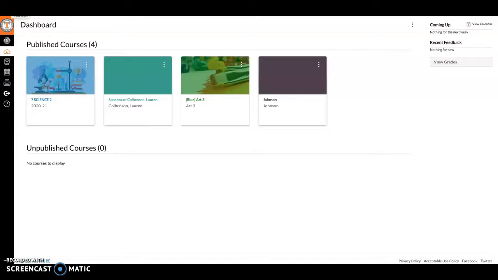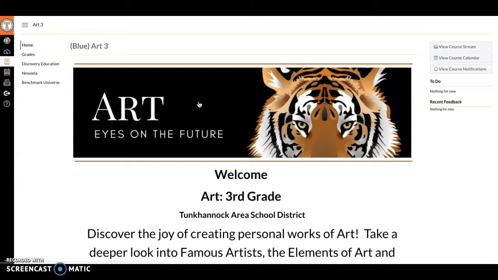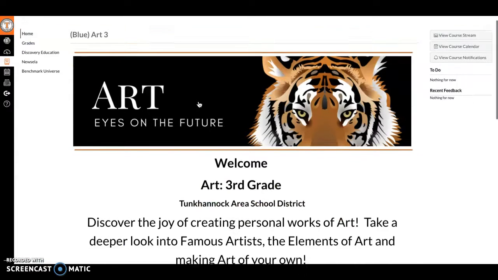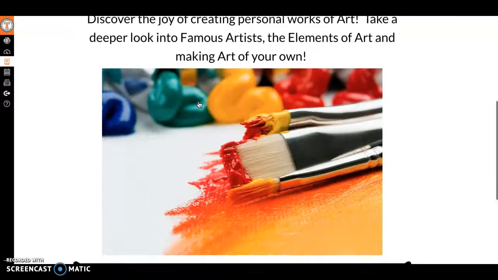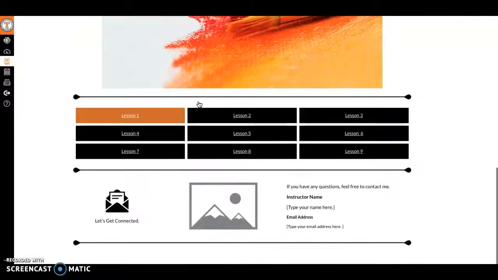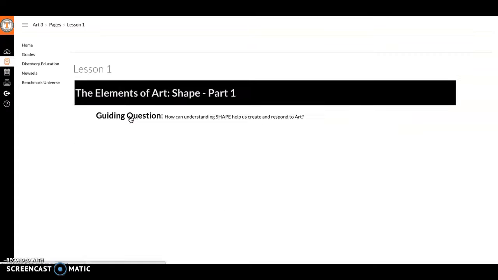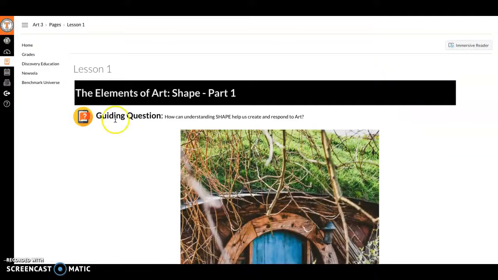Here is an example of a third grade art lesson. From my dashboard, I choose the art course, and it brings up the teacher's main page in Canvas. I can scroll down and see lesson number 1, click to open the lesson, and you can see her guiding